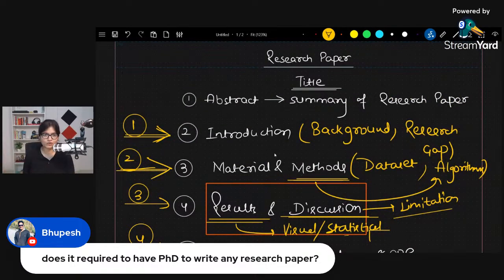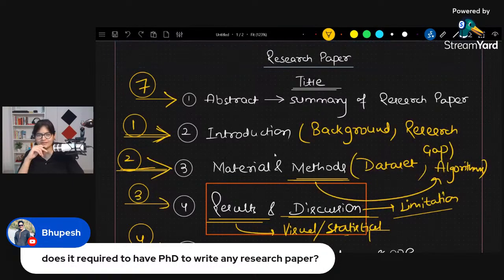So that's my mistake which I did. So here at the very end, in the seventh part, you should write your abstract. Now, what's the mistake I did? Let me tell you. So when I started writing the research paper, I started writing from the abstract because I usually thought that abstract is the very first thing in the research paper. So let's try to start with the abstract. And then one day passed and I was not able to write a proper abstract. Then on the next day, I went to my guide and I told him that this is what I have written. And he was not impressed.